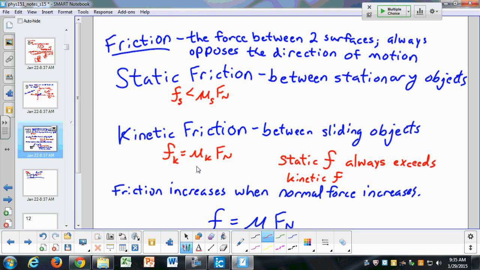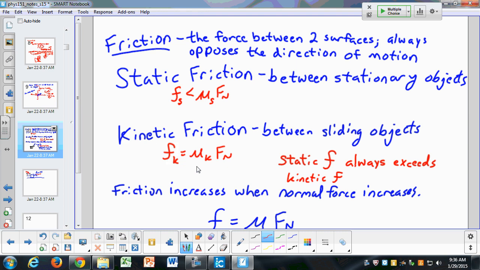Example, y'all think of an example where that comes into play? All right. Big heavy piano in your house or whatever, big piece of furniture. You try to move it. What happens? Probably not going to go anywhere, yeah. But